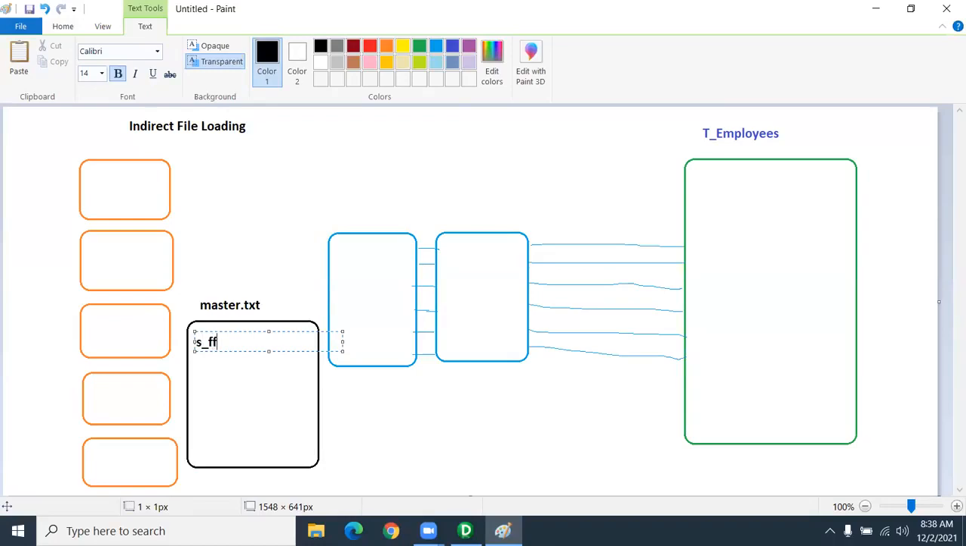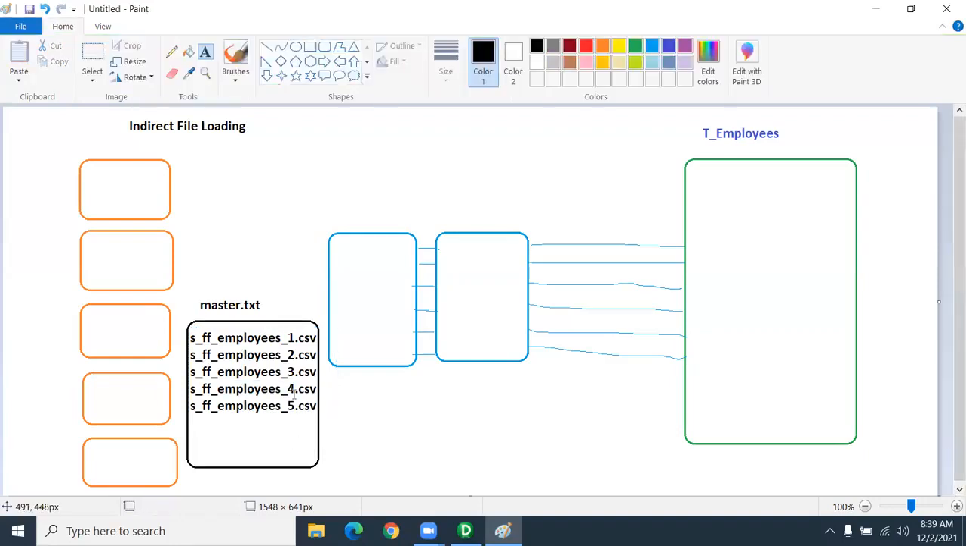So source_flat_file_employees_1.csv, this is one file. And we have another file, 2, 3, 4, 5. Like this, I have different files. All the file structures have the same columns, but different data. Here I have 5 employee details, here another 5 employee details, another 10 employee details, another 100 employee details. All the files, they will place. We have to read all the files in a single stretch, and then load them into this